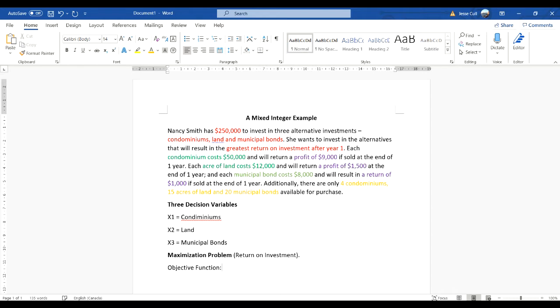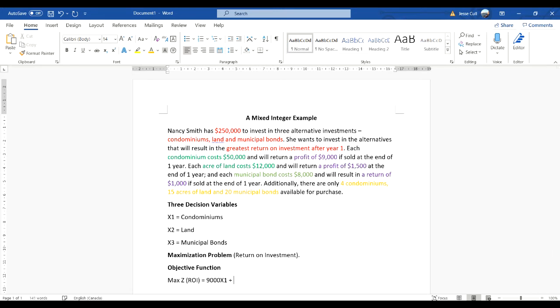Our objective function, let's highlight that, is we're trying to maximize Z, where Z is return on investment, is equal to 9,000 X1. And we see that here. We're trying to maximize return on investment. So it's 9,000 times however many condominiums we buy,